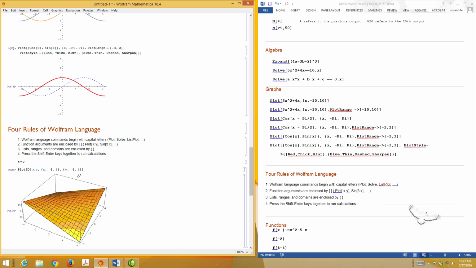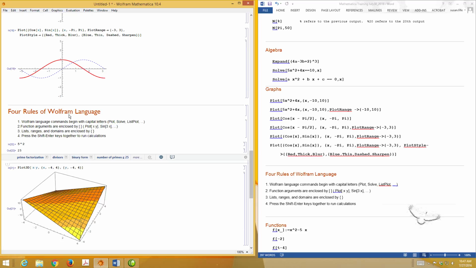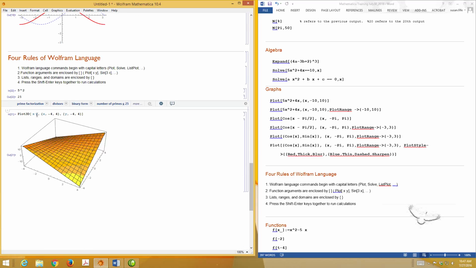There's our graph. And so notice it didn't run the 5 squared. Shift enter. And so notice now after 19, I'm not sure what happened to number 20, but 21 came here and then 22 is above it. So the inputs and outputs are